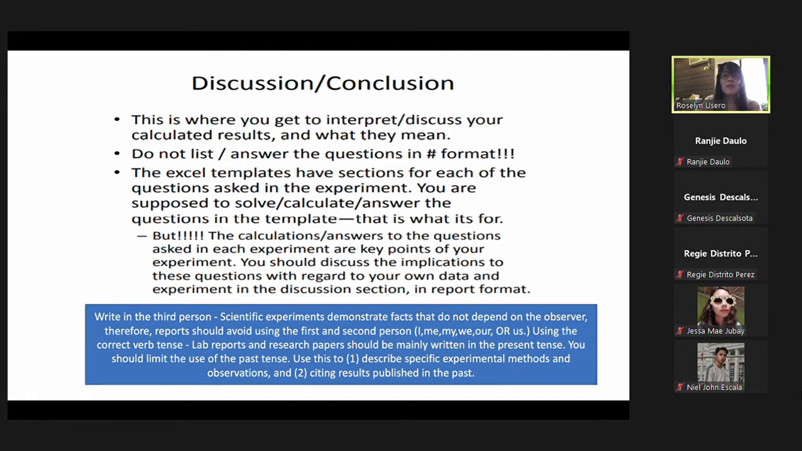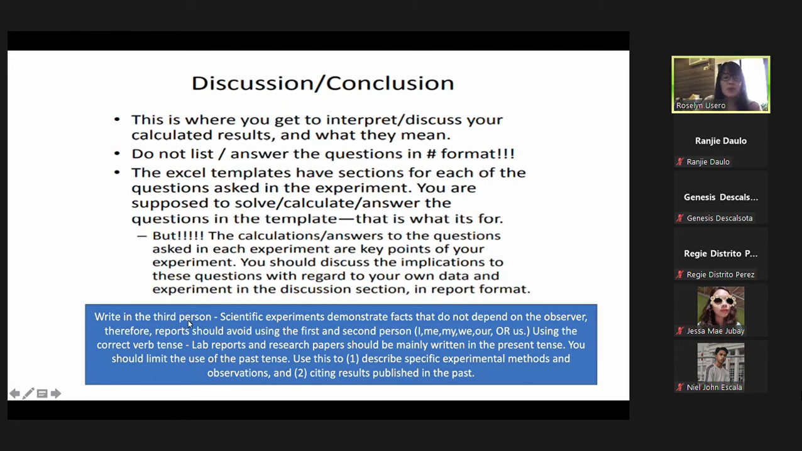and would find more meaning if you know what they mean, you know how to discuss it, you know how to interpret it, no? Do not list or answer the questions in number format. The Excel templates have sections for each of the questions in the experiment. You are supposed to solve, calculate, answer the questions in a template. Okay, so here,